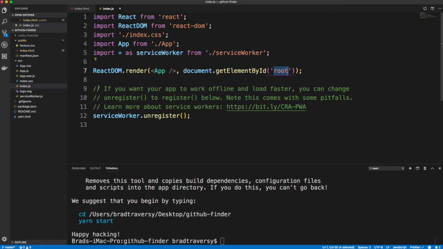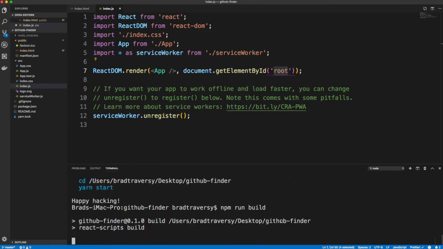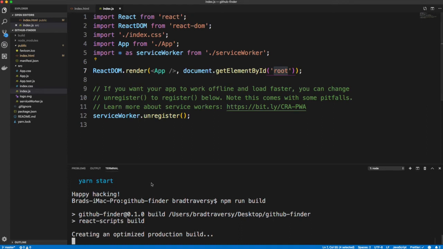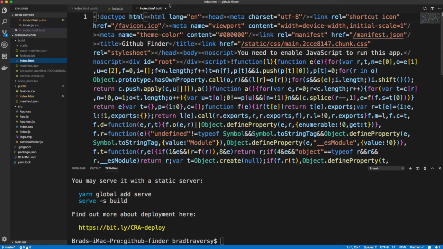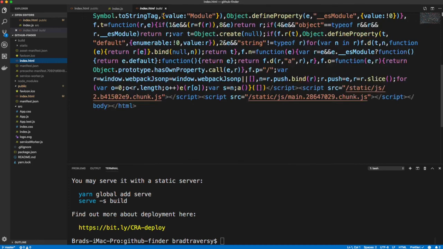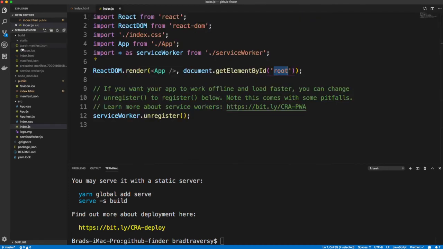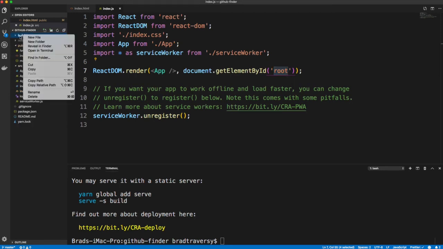And then when we're ready to deploy, we don't actually deploy this source stuff here. We deploy the static assets that are created when we run npm run build. In fact, I'll do that real quick. So npm run build. I'm going to delete this after, but what happens is it creates a production build, and you can see up here we now have a folder called build, and we have an index.html. This is what actually is going to be deployed, and I know that looks like complete gibberish. Okay, any static files, JavaScript, stuff like that, CSS will be in this folder,